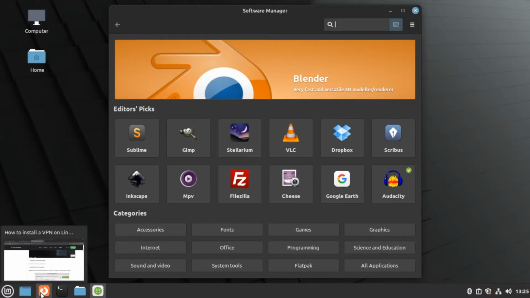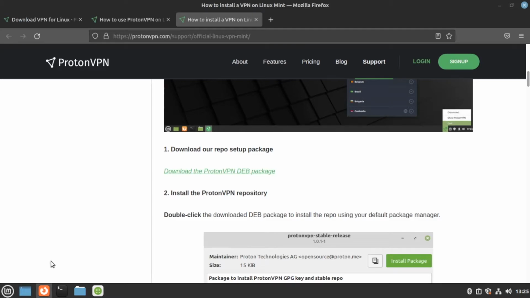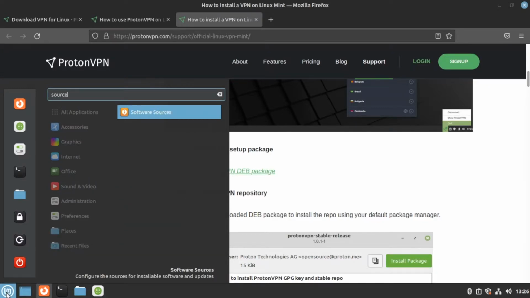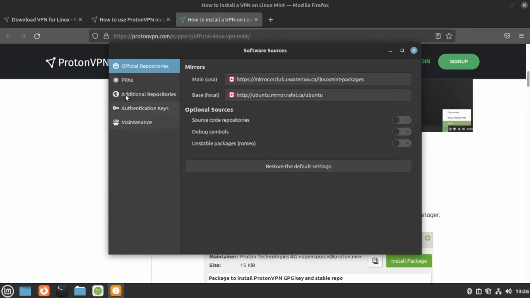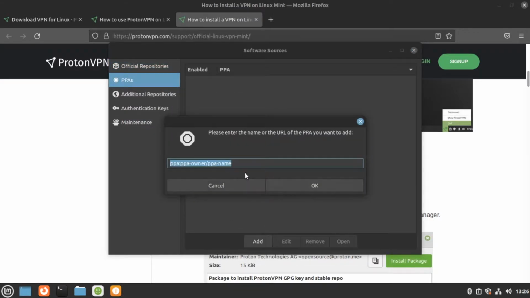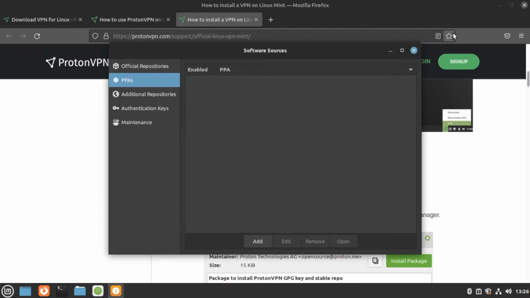In this case, if you search online for the software, you may come across the ability to add the developer's PPA to your software manager. This might either be done through a link or by giving you the name of the personal package archive. If you're given the name of the archive, you can open up the Software Sources application, go to PPAs, and add it. Once you've added the archive, you'll be asked to update the software catalog,